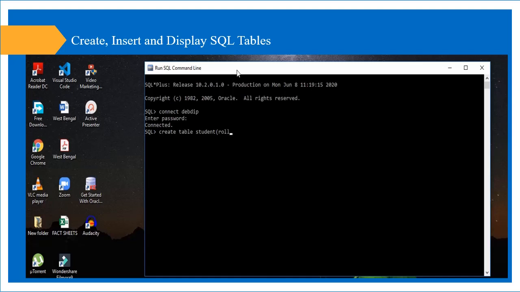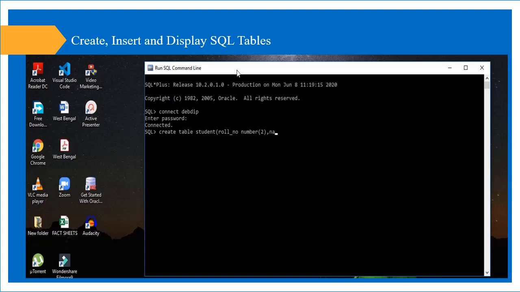I am giving roll underscore number as the field name, and then you have to set a data type. Roll number is a numeric data type, so write number, then the number of digits. I may have a 2-digit roll number, so in the bracket I have written 2.